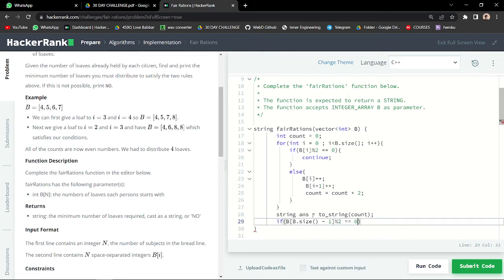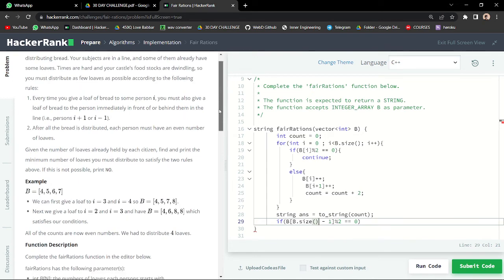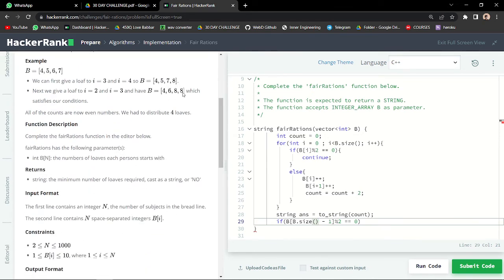What does it mean? Let us check. b.size() is going to give us the size of the array. In the particular case we have discussed, 4 6 8 8, it will be 4 in this case. So 4 minus 1 means 3. 3 is the last element index, so b[3] means the last element of the array. % 2 == 0 means checking if it is even or not.